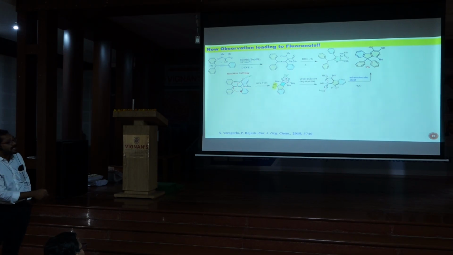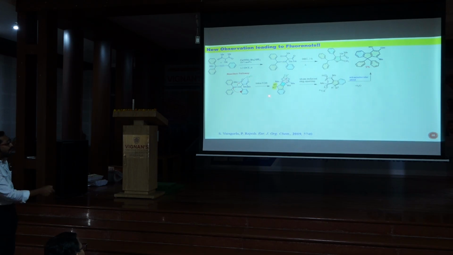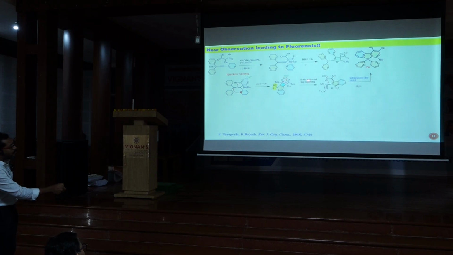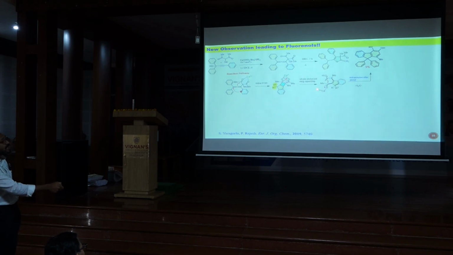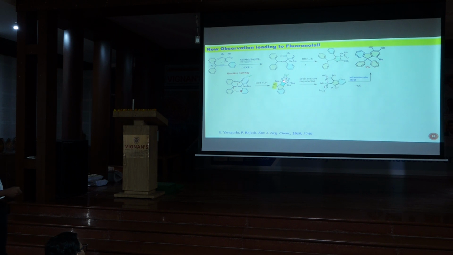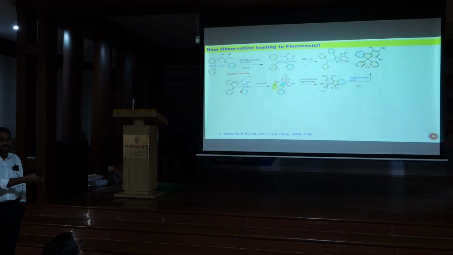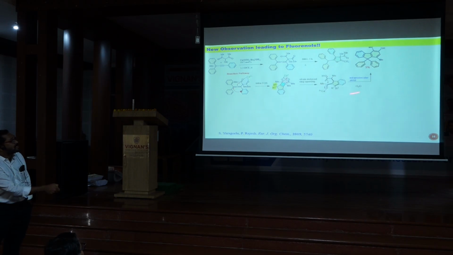Therefore, you generate a strained cyclobutane, and again you have an enol and a carbonyl compound. Therefore, this underwent in situ intramolecular aldol reaction followed by elimination to give the fluorenol molecule. We propose this cyclobutane because there is a C-C bond breakage happening, and this is one of the possible ways that if you have a ring-strained ring, then you can induce the C-C bond breakage to get such